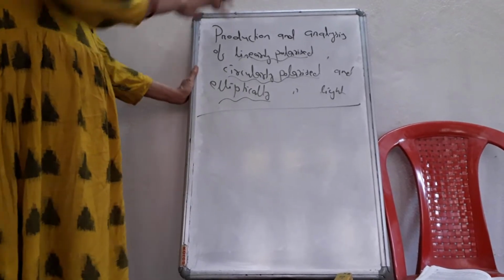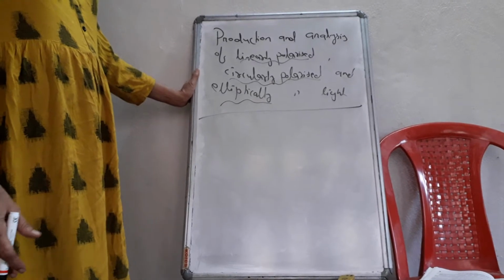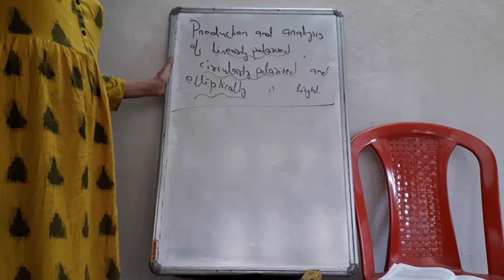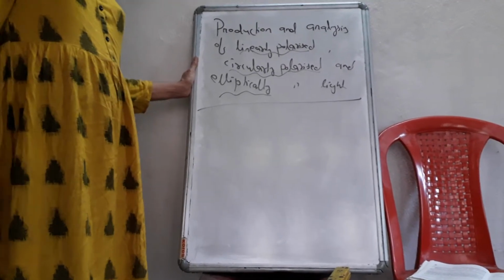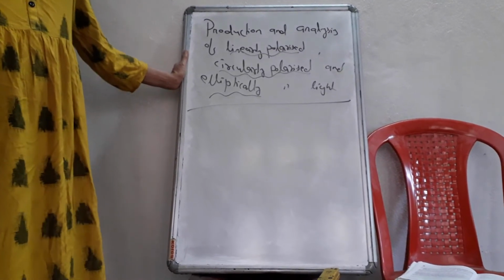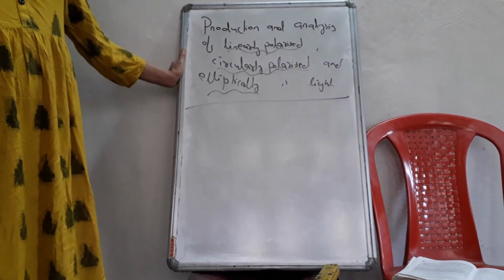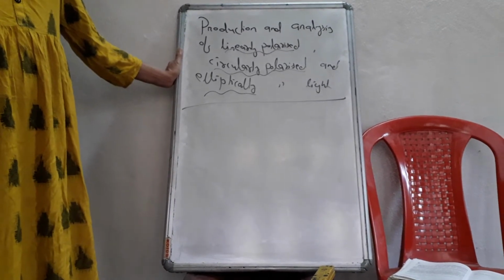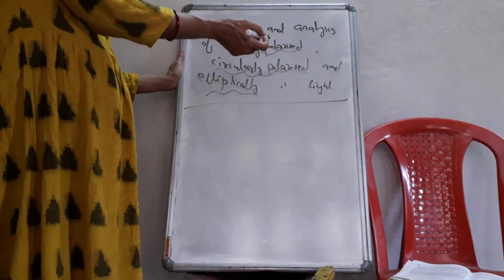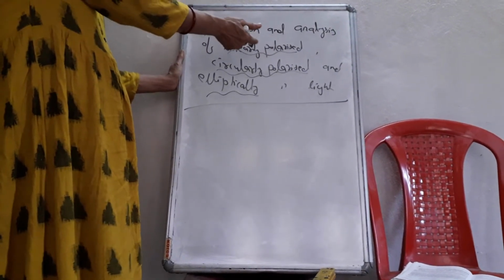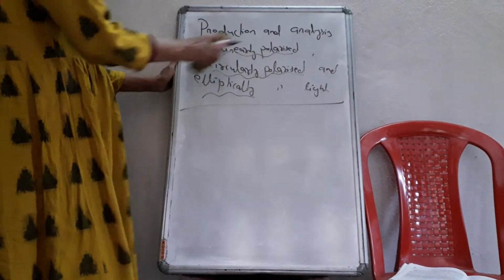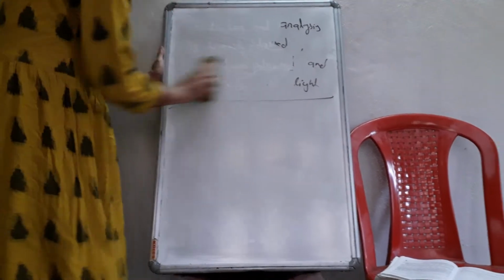So how can this type of polarized light be produced? The theory behind it is that we need two separate plane polarized lights. When they are allowed to superpose, meaning they are allowed to mix together, we will see the resultant effect. In one case it will be linearly polarized light, in the second case circularly polarized, and in the third case elliptically polarized light. So we have to analyze it theoretically. First I'll take case 1.